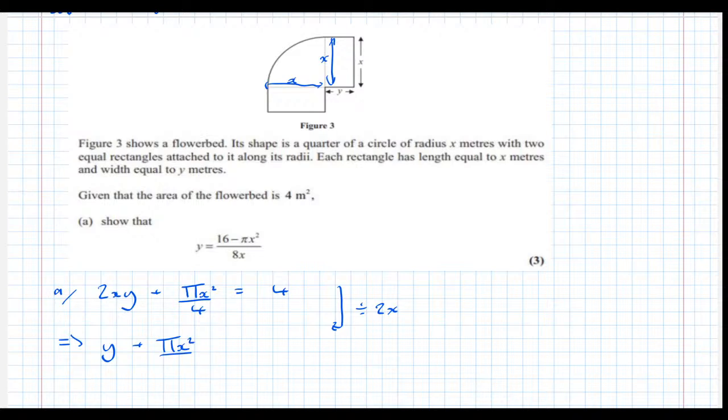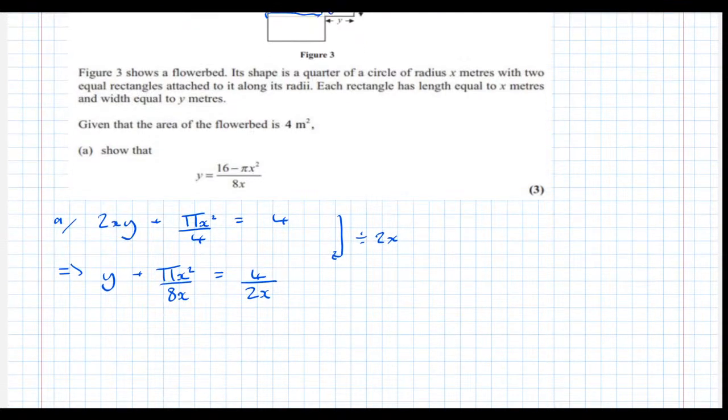In fact, if I leave the squared there, I'll do no cancellation for now so that the 8x stays on the bottom. Take everything over to the other side, which means that y equals 4 over 2x, take pi x squared over 8x,